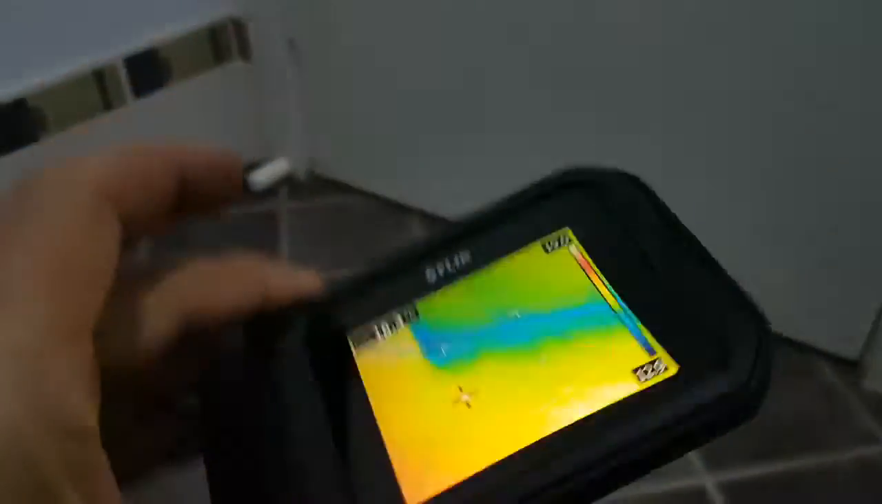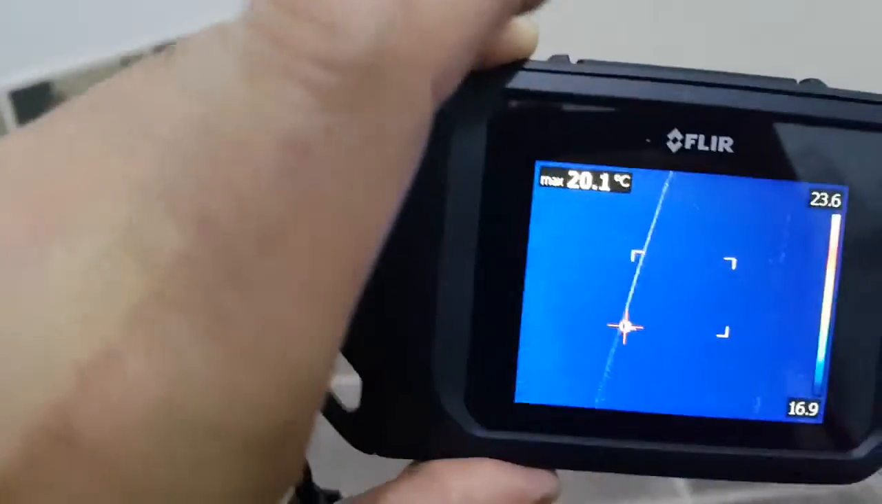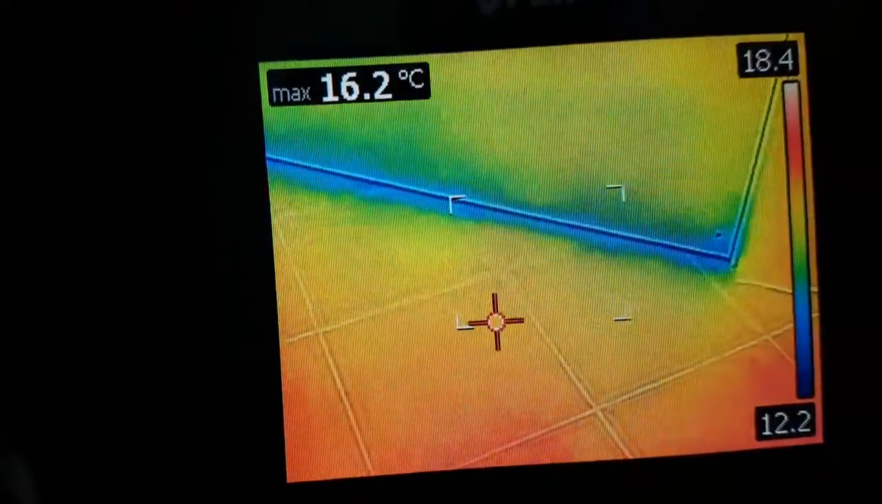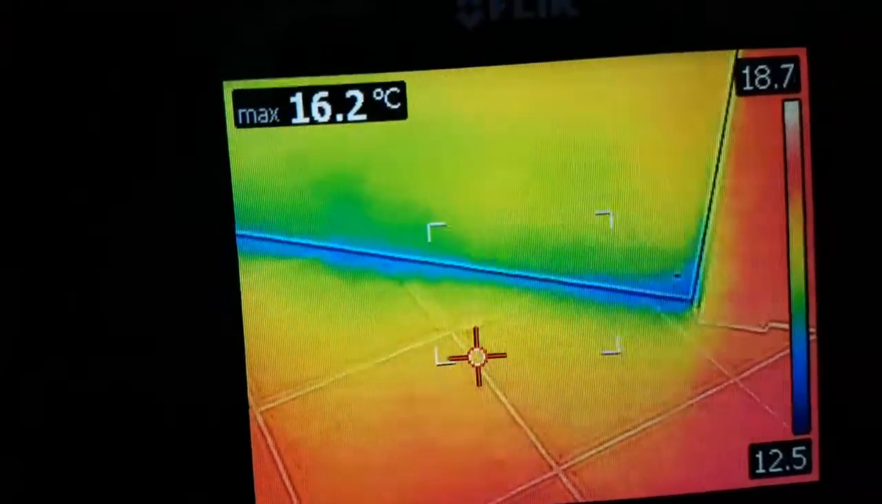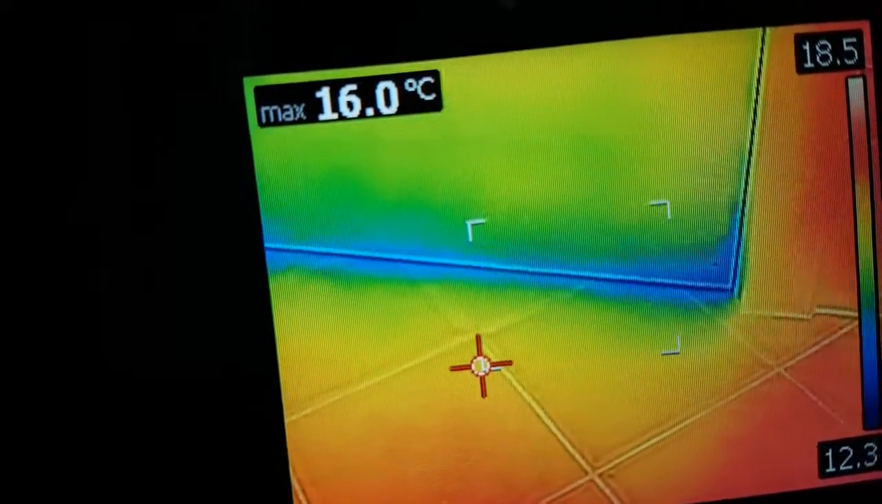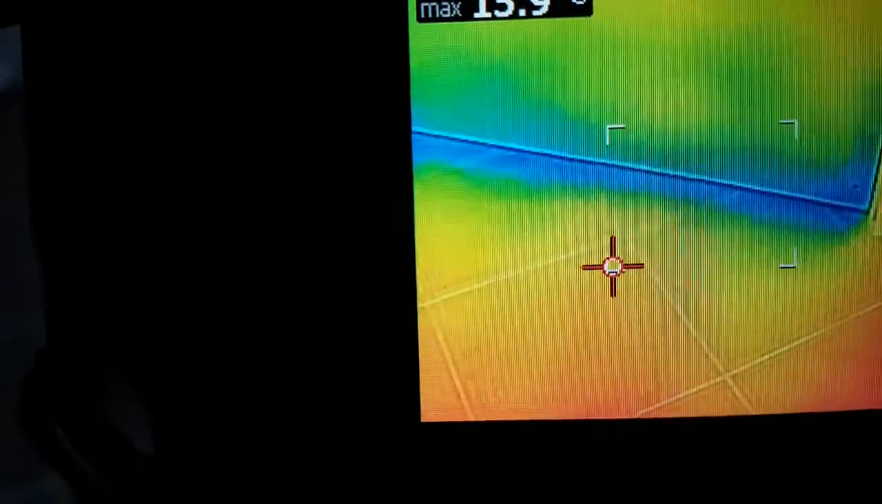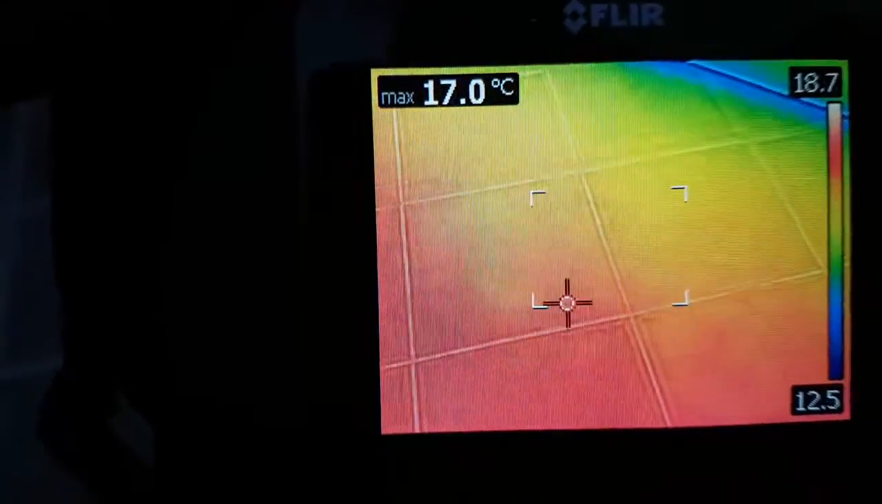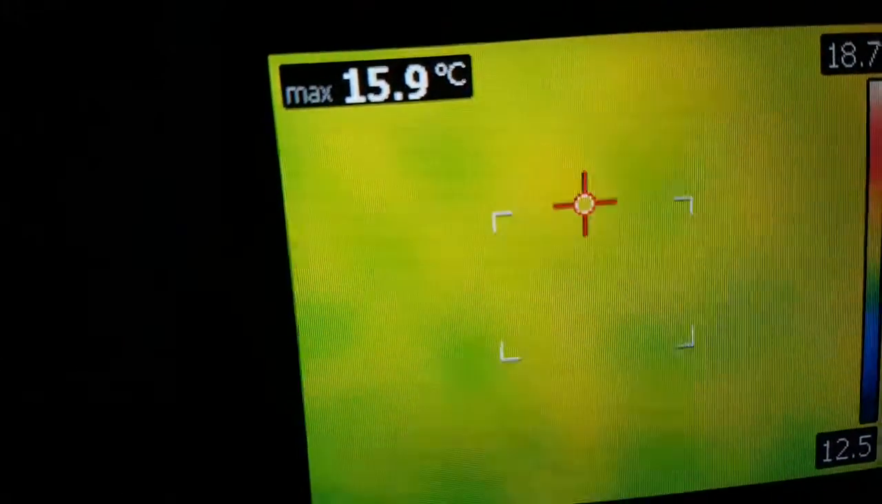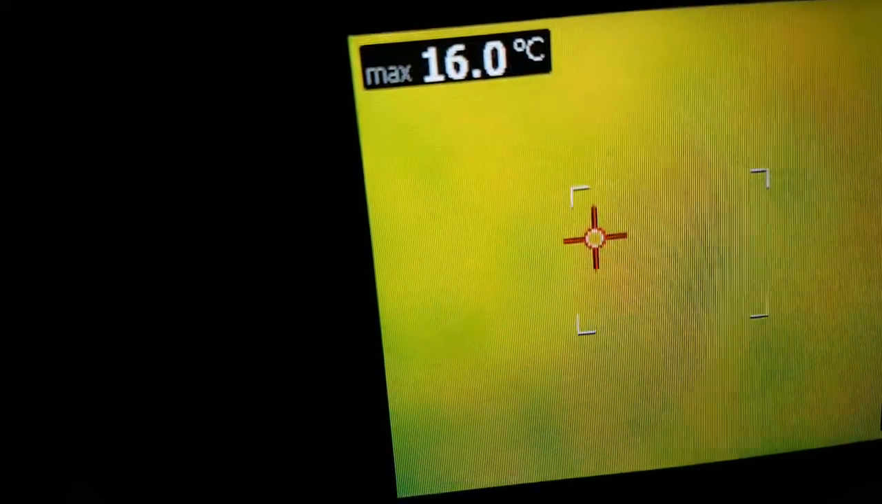Okay, so here's the thermal camera again. So we're going to aim that at the door. Okay, just at the gap, and you can see very clearly where it's blue. Obviously, it's colder than its surrounding environment. Okay, so the temperature of the floor is around 17 degrees, so I'm just aiming it at the floor there, about 17 degrees. The door itself is a little bit cooler,